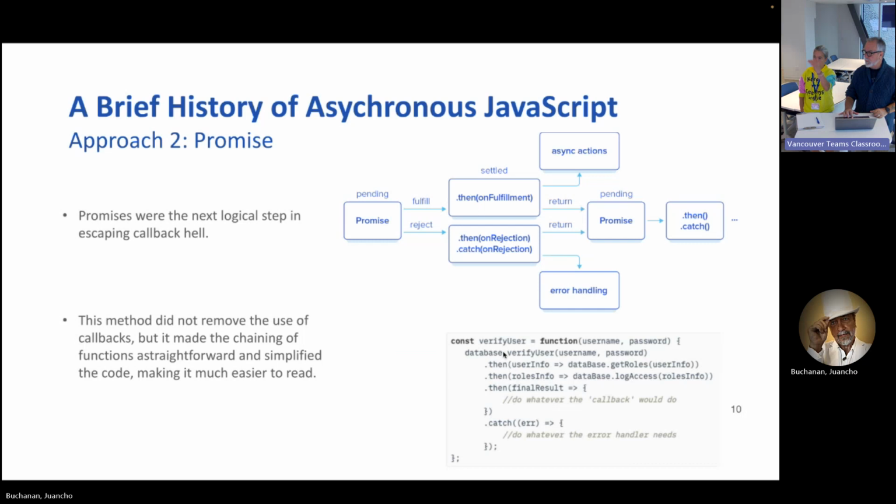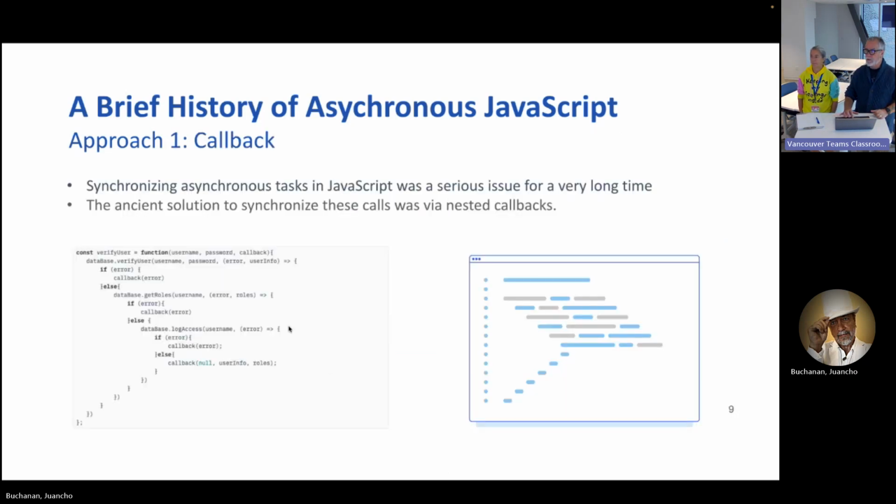But these are all the positive things that happen. And you could have an error when you go to get roles. Yes, absolutely. But here we can have a big catch-all. Because when you look here, error was just callback error. Something bad happened, something bad happened, something bad happened here.